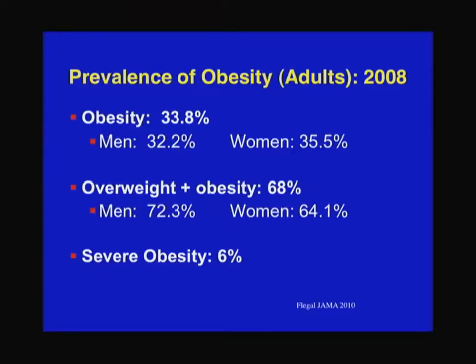Now, where are we at in the United States? This is the information from just this year. We're now up to about a third of men and women, a little bit higher in women, of individuals in the United States who are defined as obese. That means having a body mass index greater than 30. And when you combine it with overweight and obesity, it's now over two-thirds. Now men are at greater risk than women, and that's because men fall a lot more into this overweight category, whereas women compared to men are a little bit higher in the obesity category. Severe obesity, which I'll also define, which is a body mass index over 40, is up to about 6% of the population.